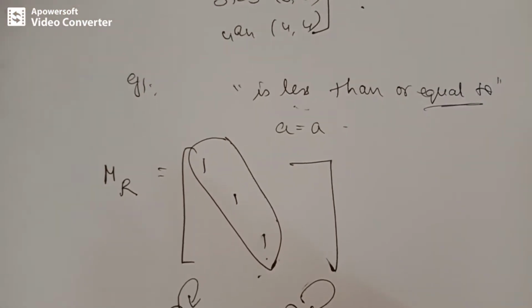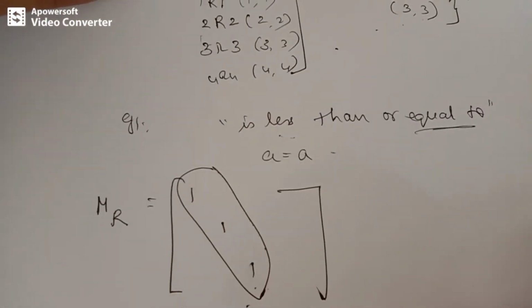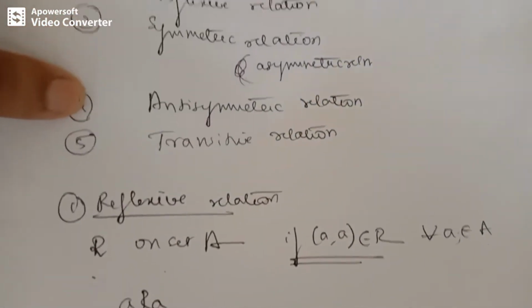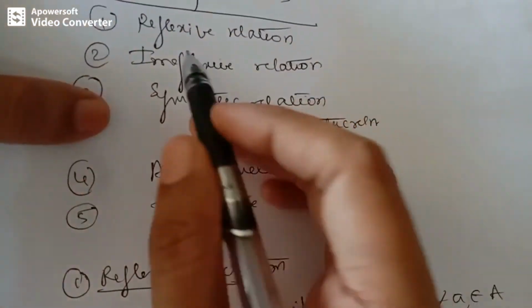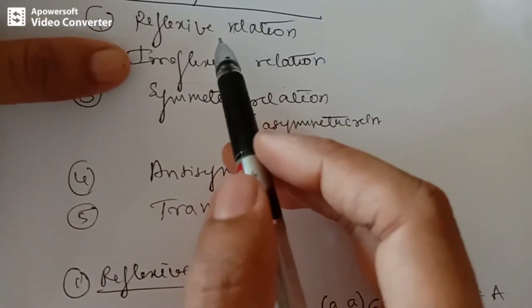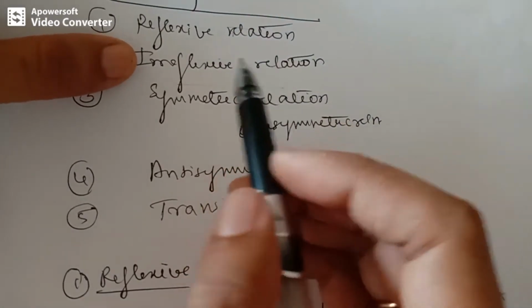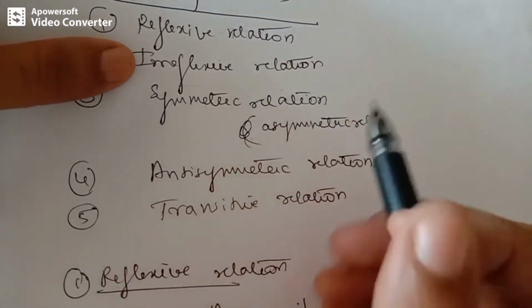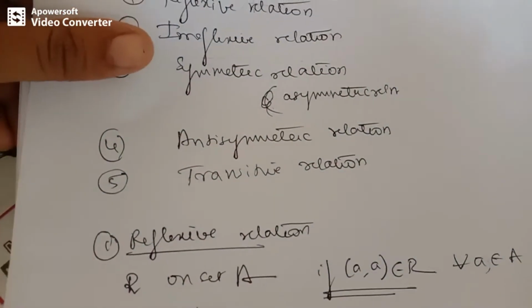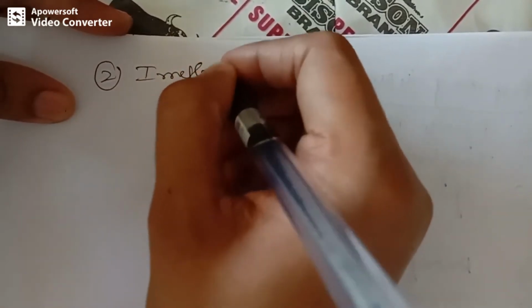Okay. So next, we'll see about irreflexive relation. Obviously, these two terms are different. When we say that a particular relation is not reflexive and a particular relation is irreflexive, both are different. The terms not reflexive and irreflexive are different. So I'll let you know how it is. Let's talk about this irreflexive relation first. So when can we say a relation is irreflexive?